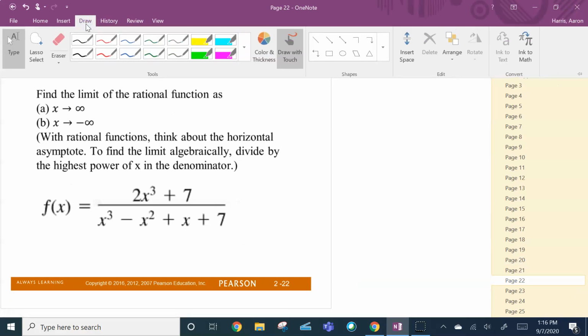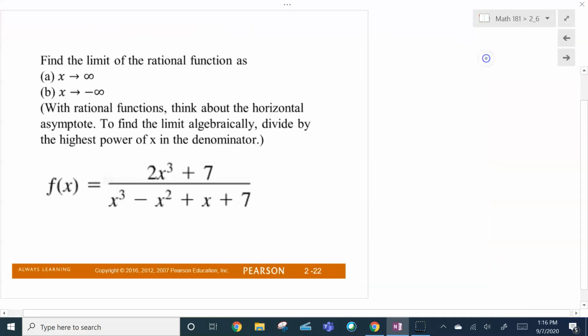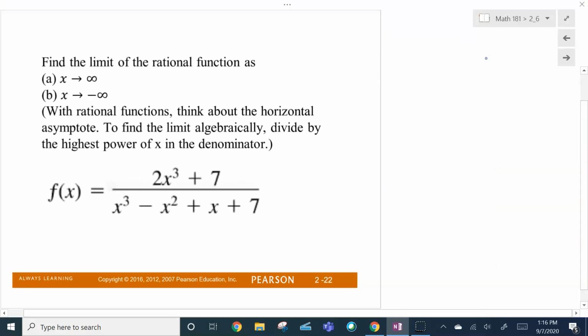All right, how about this one here? Get my pen. Notice we have a rational function: polynomial on the top, polynomial on the bottom. Now I know you know the rule. If the degrees are the same, I take the leading coefficient. So 2 over the leading coefficient of the x cubed on the bottom, which is 1. 2 over 1, y equals 2. But let's do it formally